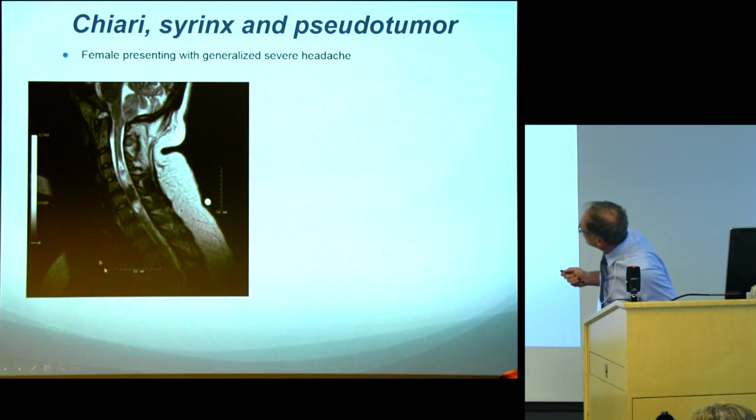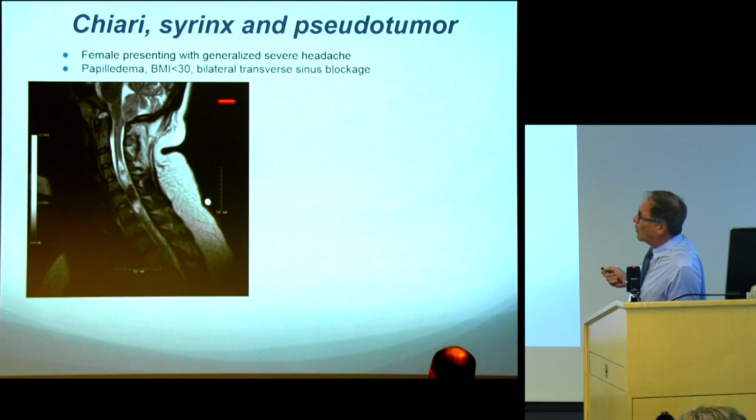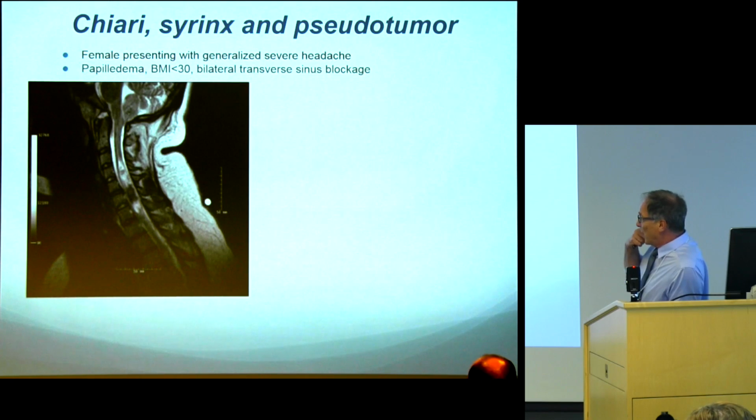This is a patient, yes, another Chiari patient, female presenting with generalized severe headache. It's a pretty tight Chiari, as you can see, and of course there's a syrinx. She had some episodic numbness of her arms as well, but no other deficits in the extremities. She also, however, significantly again, had papilledema. She was not a very large person, but on imaging was found to have bilateral transverse sinus blockage. So we have evidence now of higher venous pressure and probably a pseudotumor cerebri, and also, of course, Chiari with